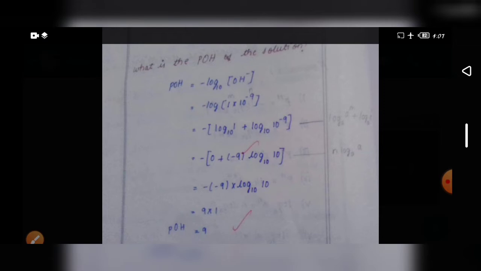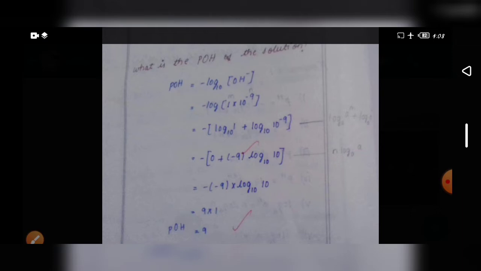Okay, next sum you go here. They given OH minus ion concentration 1 into 10 power minus, they given in power itself. So A into M format. The hydroxyl ion concentration of the solution is 1 into 10 power minus 9 M. Calculate the pH. See here, what is the pOH of the solution. pOH only you must calculate. So pOH is equal to, they given only hydroxyl ion, so you use pOH is equal to minus log of OH minus ion concentration to the base 10.